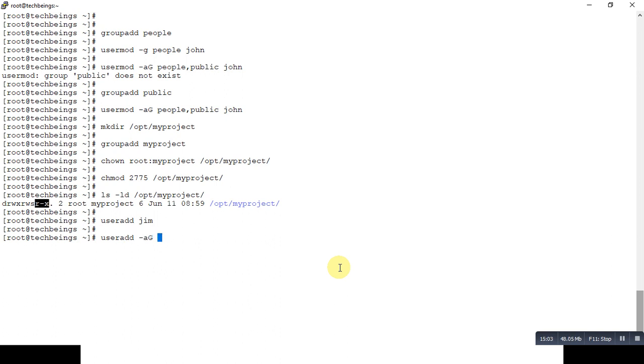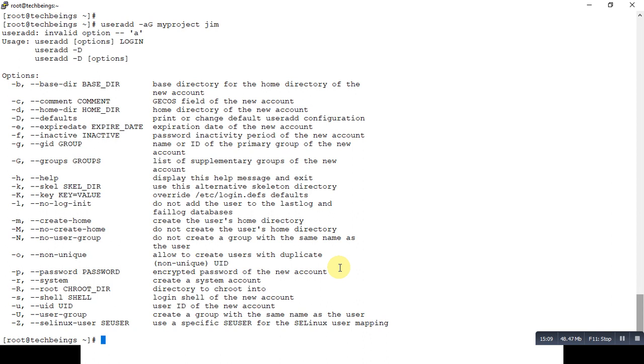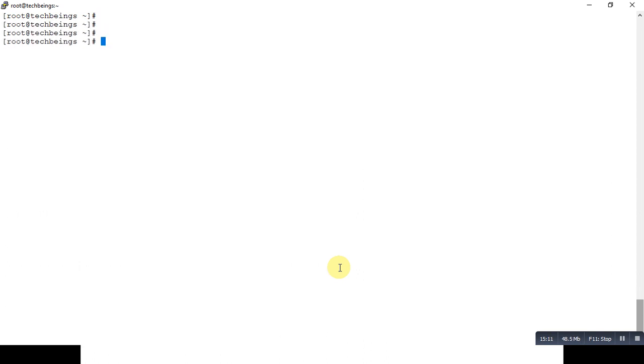That is usermod, not useradd, usermod. Now this new user that we have created is added to the myproject group successfully.